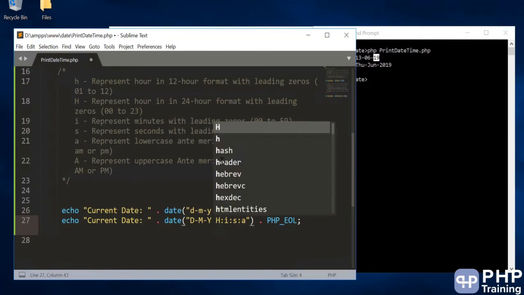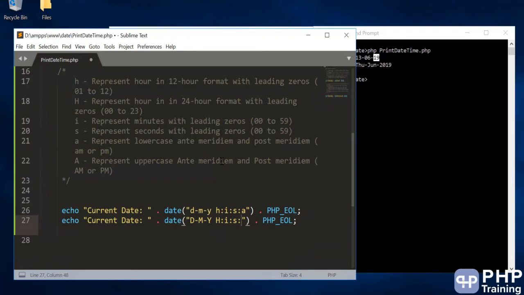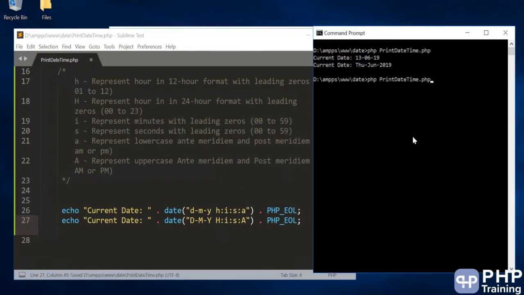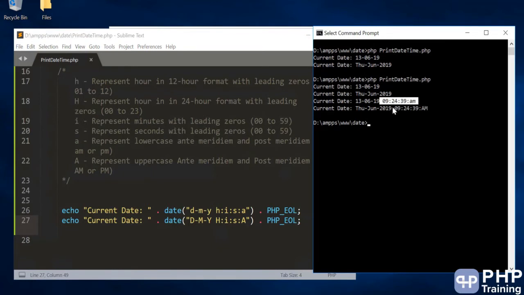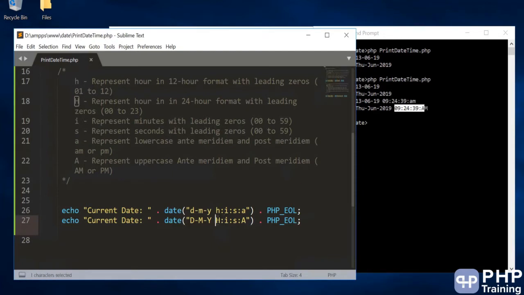H is caps and A is caps. Okay, let's print this now. So we are able to print the time as well. AM in small and big caps. The 24 hours clock is not showing as such, but if you have hours in big H, then it is represented with the 24 hours clock.